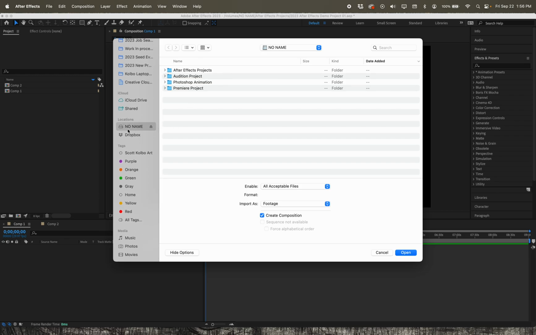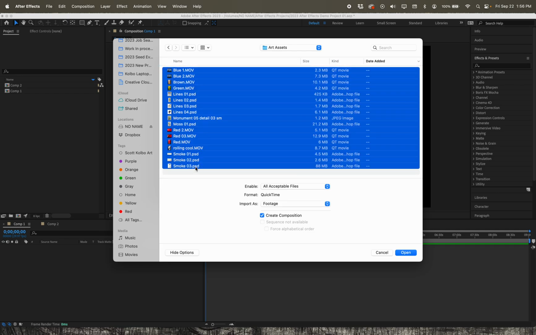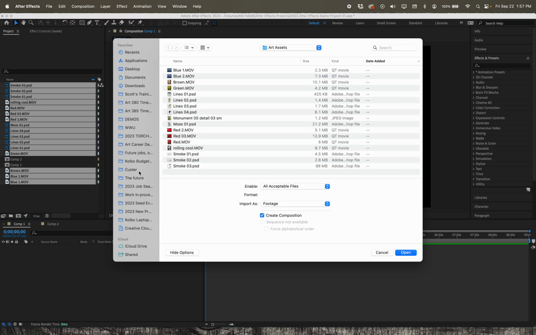So for example, I have my thumb drive here. I've got it in my After Effects folder. I've got the art assets, and I can just click and shift click all of these. And then I have movie footage that I've shot, some scans of artwork. I'm going to use some abstracted elements that I think will work well for this project that I'm going to demonstrate. So you can go ahead and just click on all that, click open, and now you'll see that it will bring in all of the